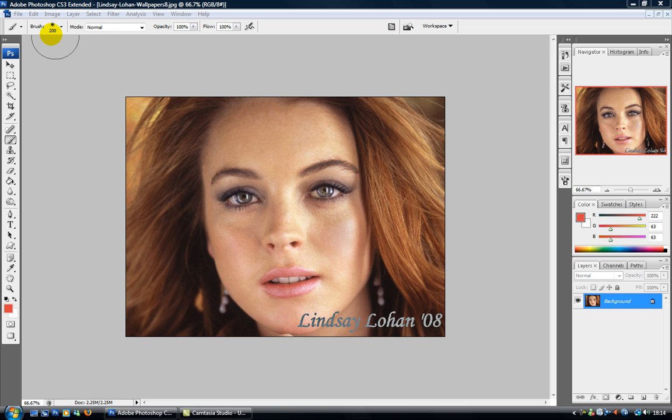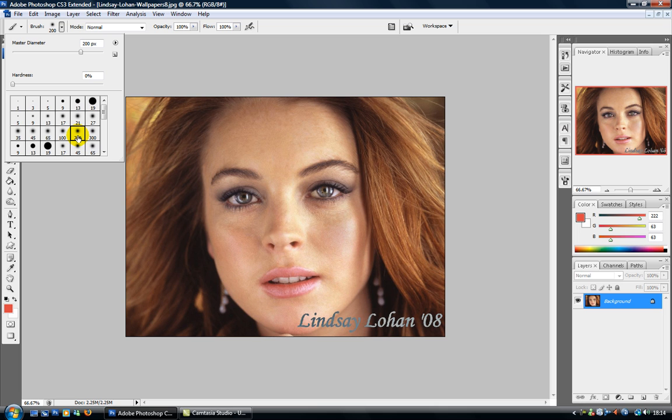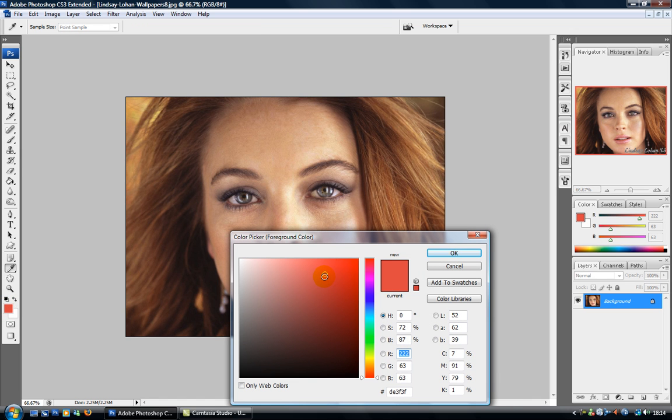You want to start off, go to your brushes tool, and on my brushes I've selected a soft round brush, which is the little blurry brush, and because it's quite a large image I'm using the 200, but whatever. You just want it roughly about the same size as her cheekbone. And then go to colours. I've chosen a pink, quite a light pink,